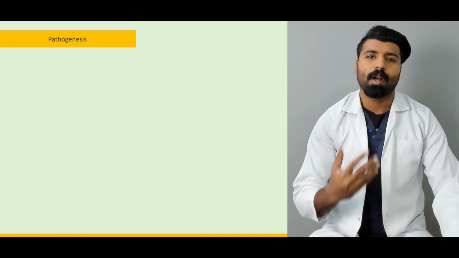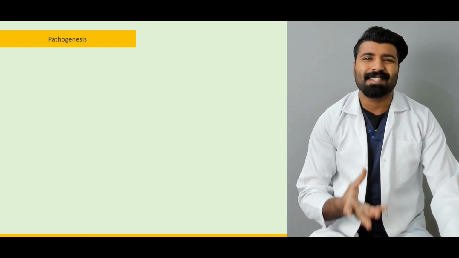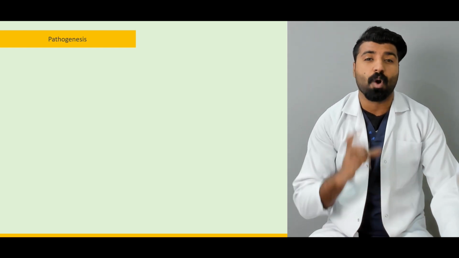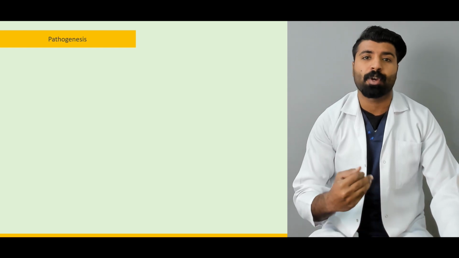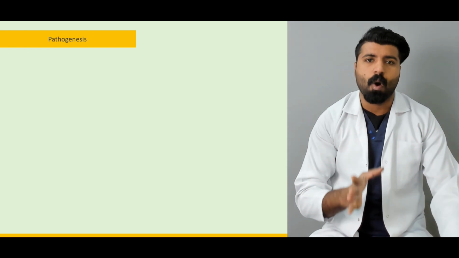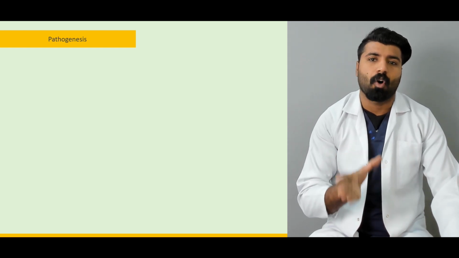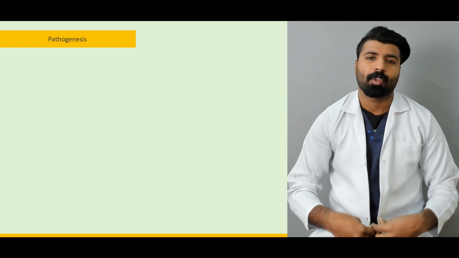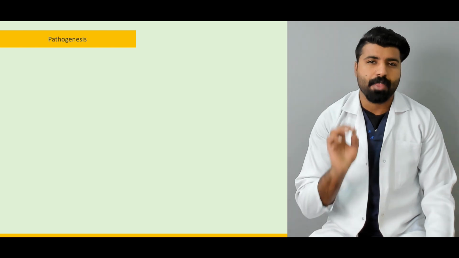Now moving on to pathogenesis. What is the pathogenesis of this infection, of this infestation, of this parasite in our body? The basic pathogenesis is that it's going to involve our intestine. It's going to destroy our intestinal mucosa. It's going to get into our striated muscles. It's going to destroy the muscles. These two are basically the target organs or target tissues of this infestation. But what other basic organ gets affected? That's our brain.